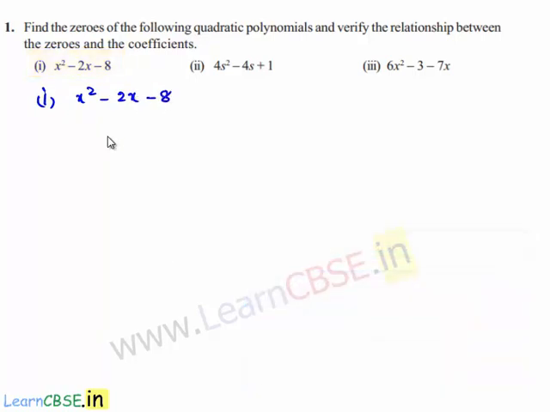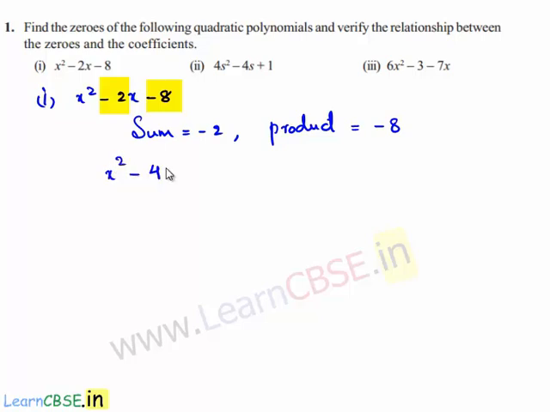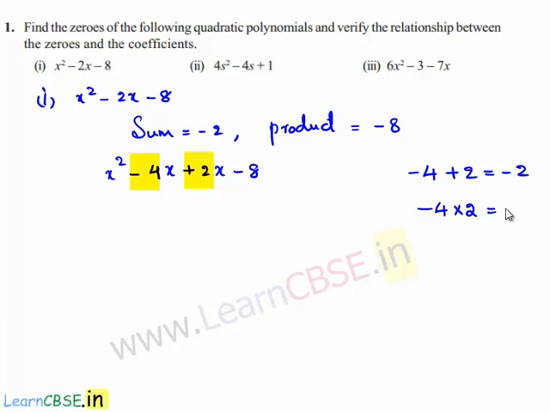So in order to find the zeros of the given quadratic polynomial, we need two integers such that their sum must be equal to minus 2 and product must be equal to minus 8. So by method of splitting, we can write the given quadratic polynomial as x square minus 4x plus 2x minus 8. So that minus 4 plus 2, the sum is minus 2 and the product of minus 4 and 2 is